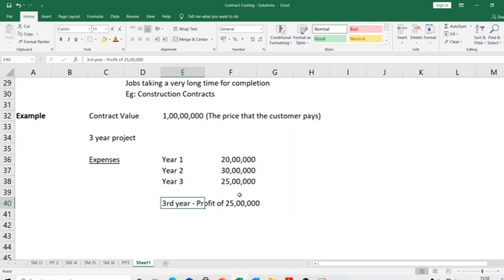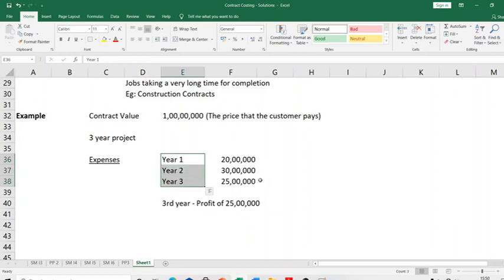Now my question is, this profit arose in year 3 in your books of accounts, with respect to how you have prepared your accounts. But honestly, is this profit because of year 3 activities? Definitely not, right? From year 1 work has been happening, and that work gets completed in year 3. So because of your accounting pushing everything to year 3, you are recognizing a profit of 25 lakhs in year 3. That does not ideally mean that in year 3 something happened and you suddenly got a profit of 25 lakhs. This profit of 25 lakhs belongs to all the 3 years actually.